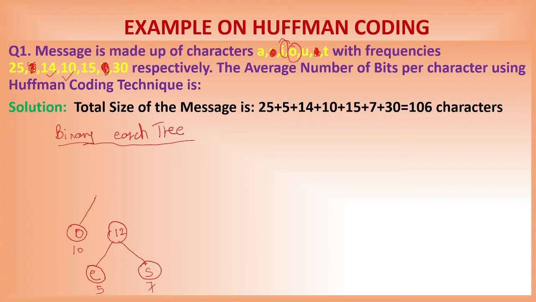And now again combine this 12 and 10. 12 and 10 is 22. So 10 is also taken. Similarly, letter O will go. Now 14 is remaining. 10 we have already taken. So now 14 is the frequency of letter I, and here 22 is there on top. So 14, 22, but we have a next smallest element as 15.